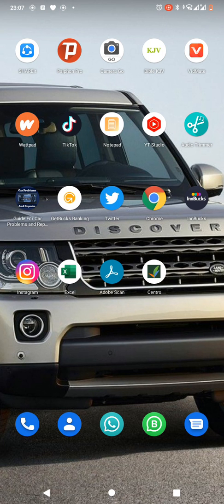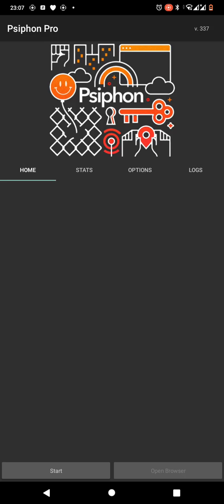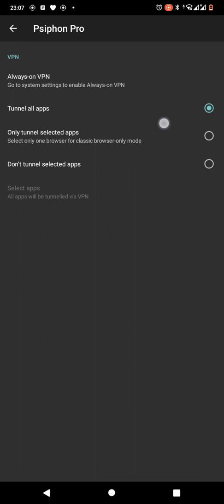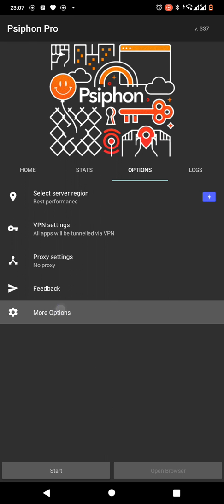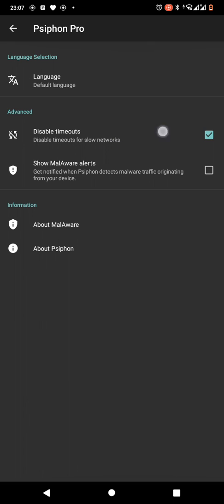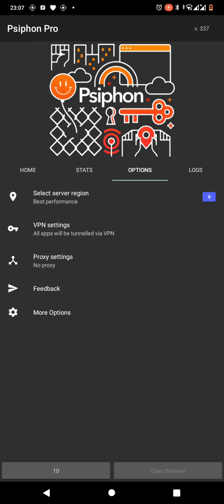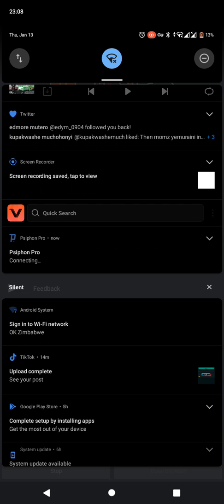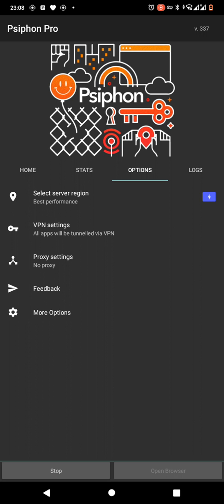So we're going now to start our Siphon Pro. When you start it, make sure that in your VPN settings it says tunneling all applications, and then under more options you have ticked disable timeouts for slow networks. Now we just start our Siphon, and it starts the countdown, and on top here it will be saying Siphon Pro is connecting. And then we go back to it. The moment it connects,